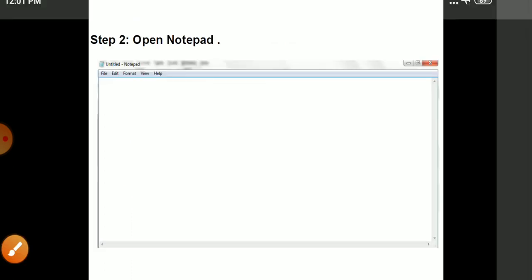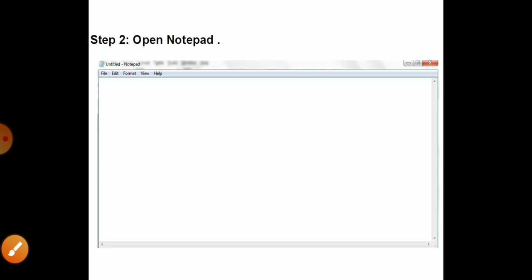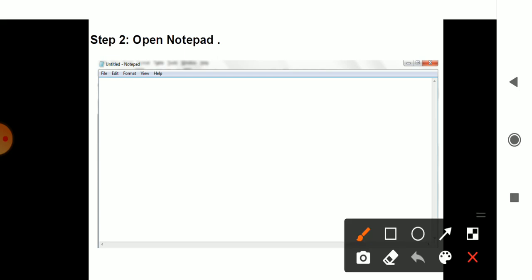Next, you can check out the Notepad which is available on the screen. In the systems which you are using in the college, you may have Notepad++ that can be used. Since my system has Notepad, I'll be using this Notepad. You click on Notepad, then you will see this kind of format. Here you can check out the various options: file, edit, format, view, help.